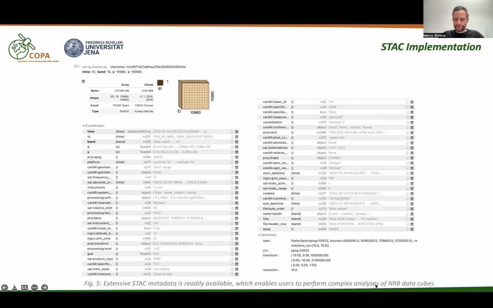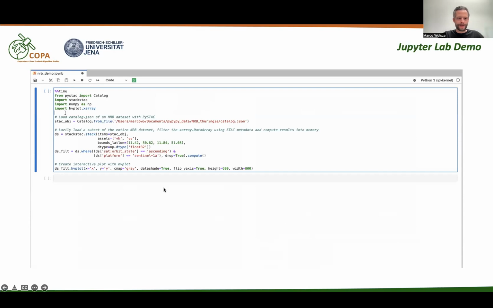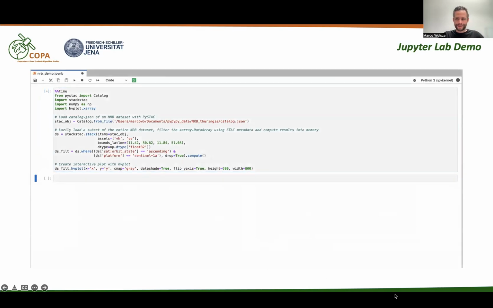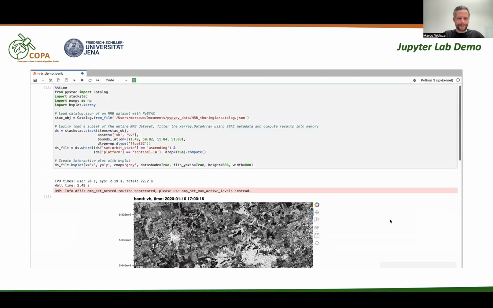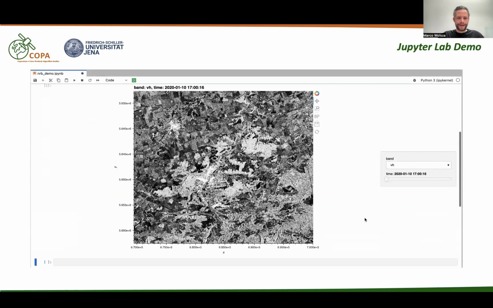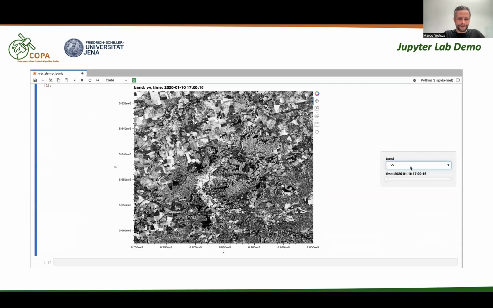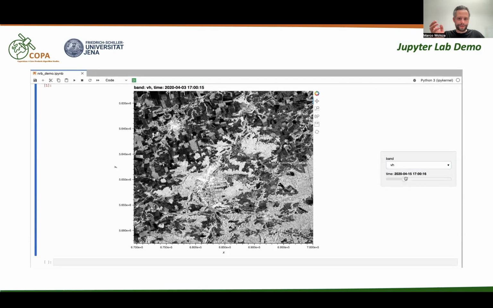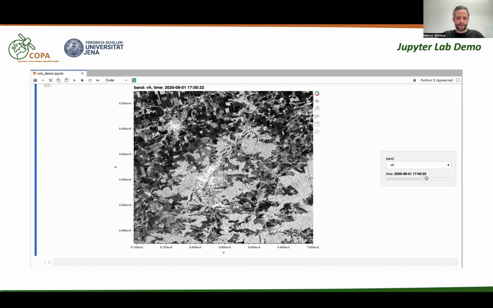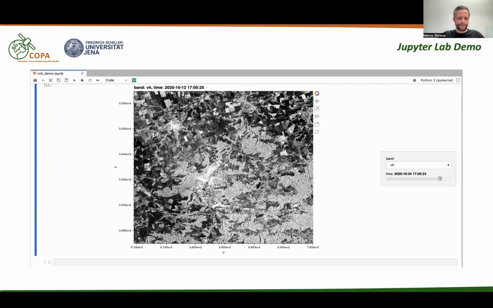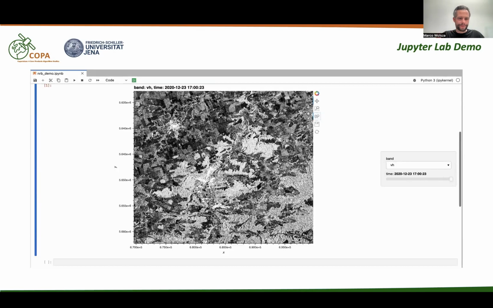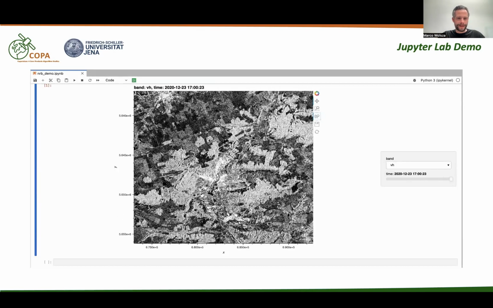And just to give a very quick demonstration, I recorded this on this laptop, so you don't have to be on the cloud to do an analysis. You can download, or create some data sets yourself, and then just with a few lines of code, you can do some amazing things. As you can see here, it's a data set of 60 scenes, around 60 gigabytes in total, and in just a few seconds, the data set is subsetted, filtered by some STAC metadata fields, and then visualized